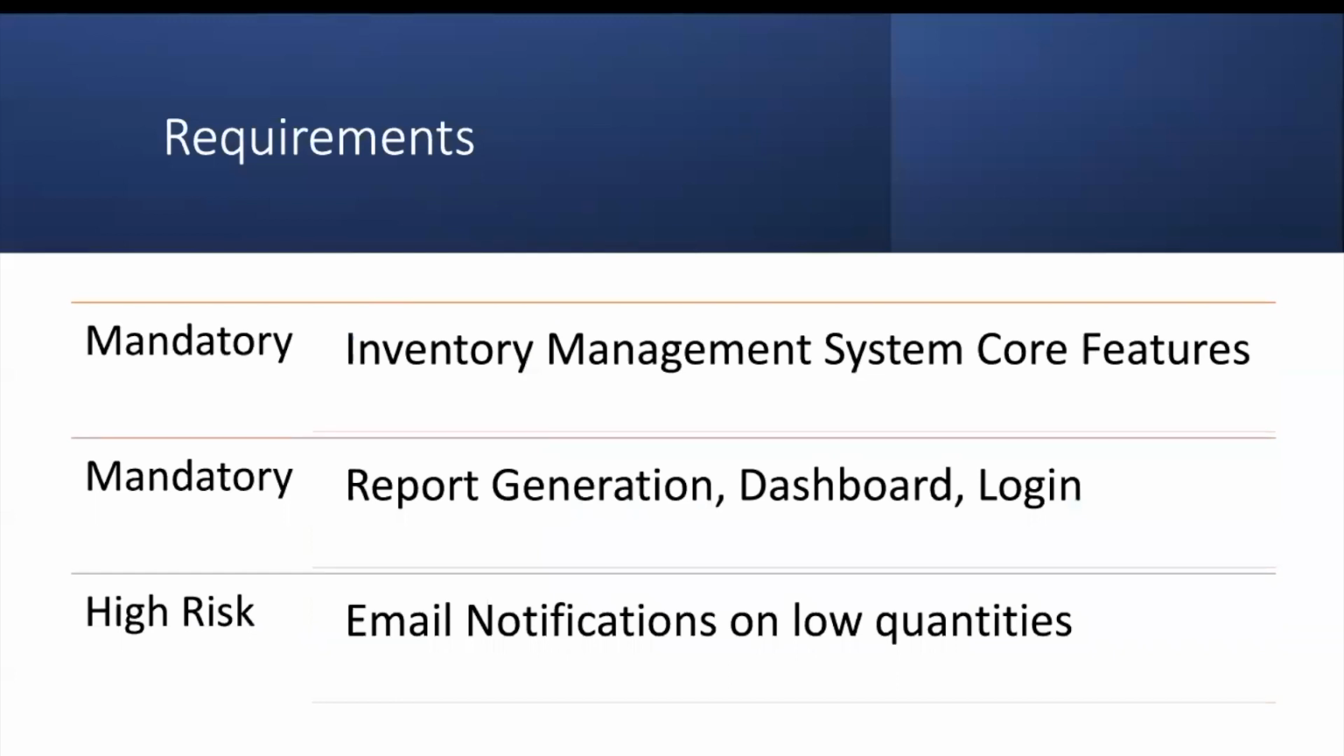My name is Matthew Zhang, and I'm going to talk about the key product requirements. So we met with our client named Chris Toby, and he presented to us the requirements of the system that we're going to be making. The mandatory requirements of the system that he told us were the core inventory management features. So this includes create, read, update, and delete for the inventory database. The other mandatory requirements that he expressed were the report generation feature, as well as the dashboard and the login